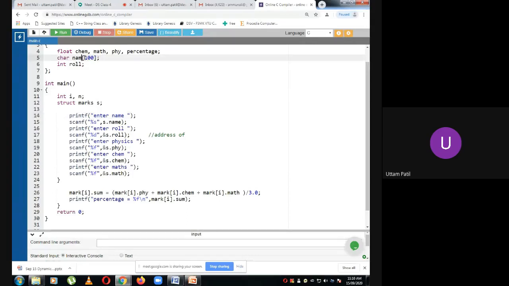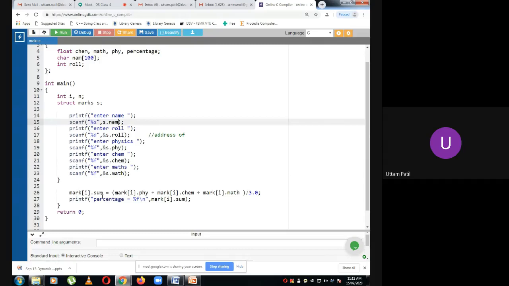Now name is the name of the array. Whatever you write here is the name you are giving to that array. So that is the pointer, that is an address. Pointer meaning address. We do not write ampersand here.